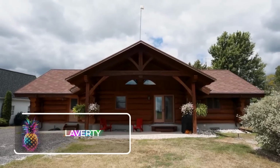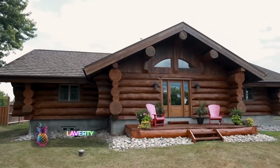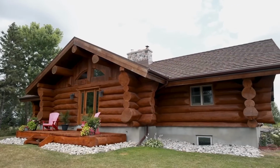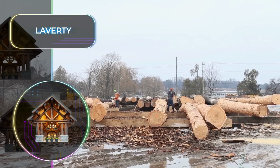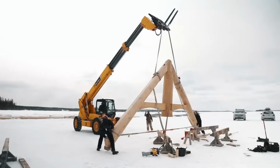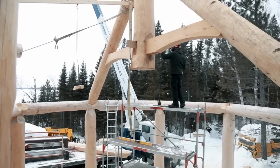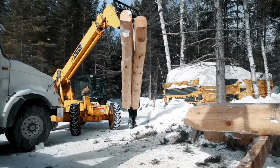Laverty. When you think of a log cabin, you probably picture a rustic, charming structure nestled in the woods. Founded in 2005 by Earl Laverty, a former vice president of the International Log Builders Association, Laverty Log Homes and Timber Frames has since put its own spin on log home construction. While many log home builders rely solely on traditional methods, Laverty takes it a step further. The team still handcrafts log homes and timber frames with meticulous attention to detail, but they also rely on advanced design tools,